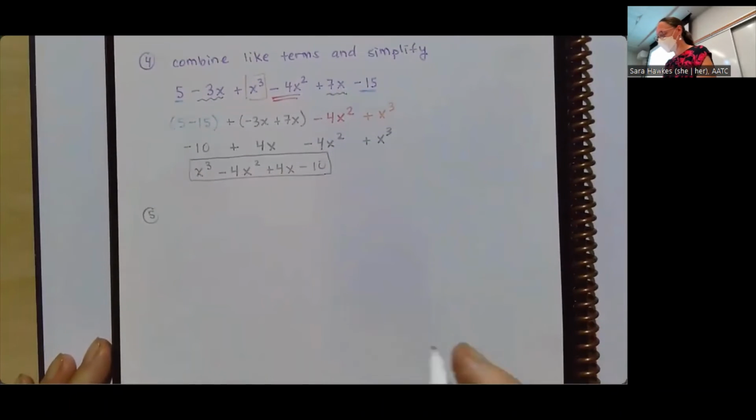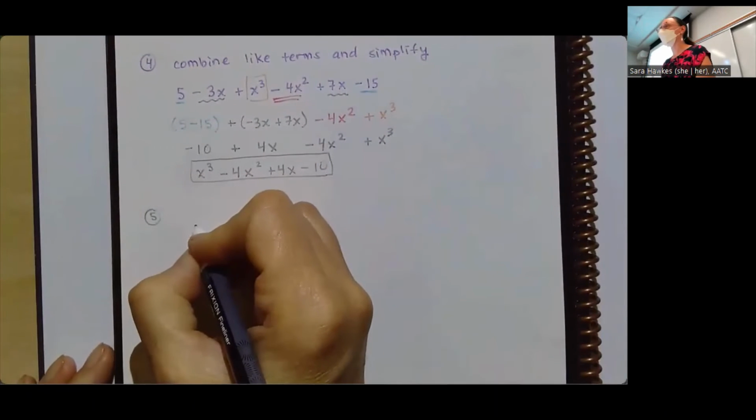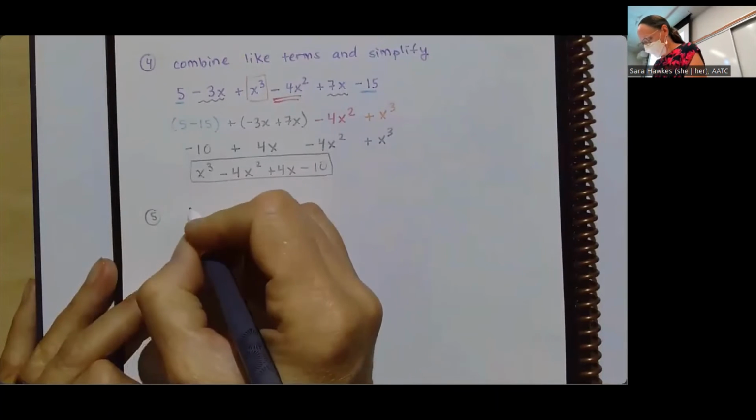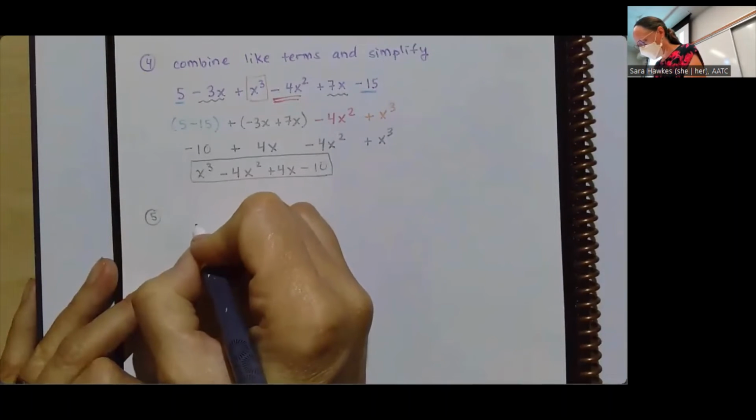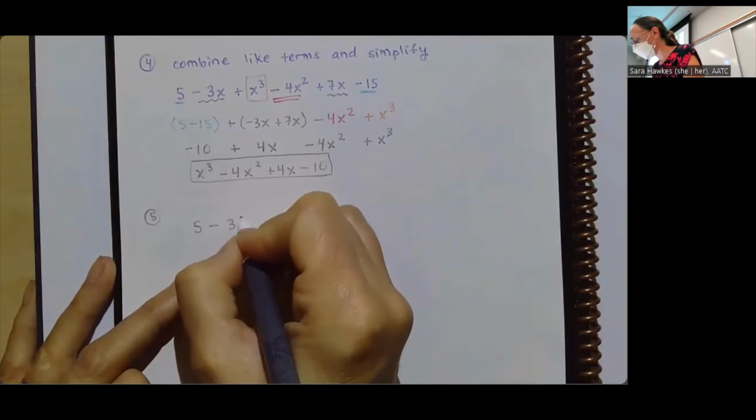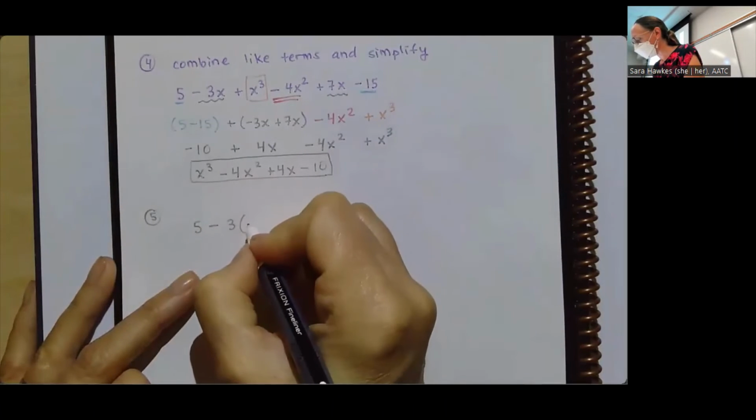So now let's have some fun. Let's mix in some order of operations. So let's say I have 5 minus 3 times